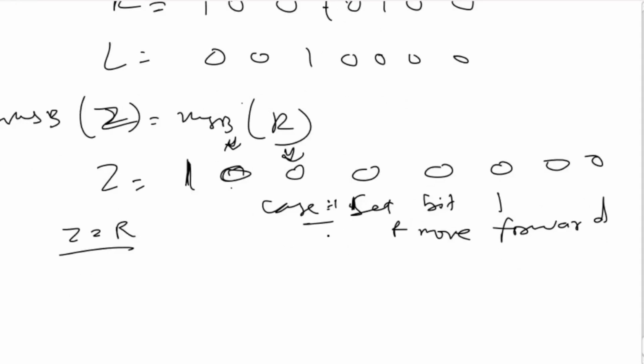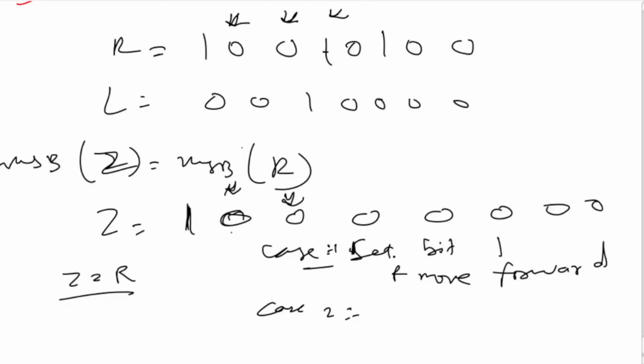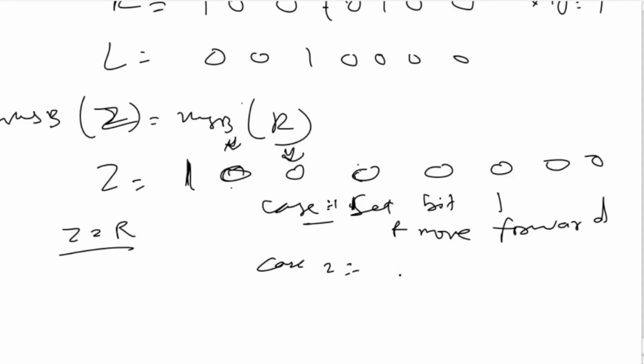And our case 2 is, and there is one more point: we set this bit to 1 if and only if x or y for this bit is 1, that is, at least one of the bits in x and y is 1. If both of them are 0, then there is no point in setting that bit, and we'll set that to 0. So now case 2 is to set the bit to 0.